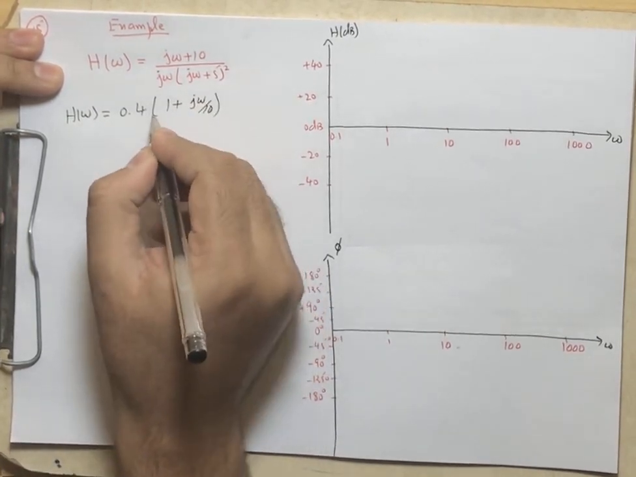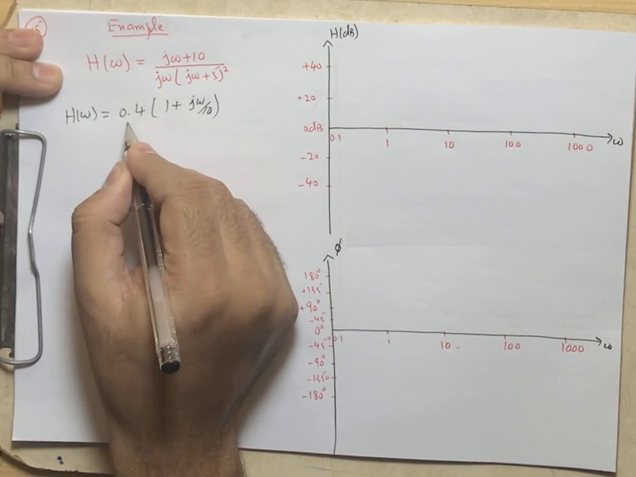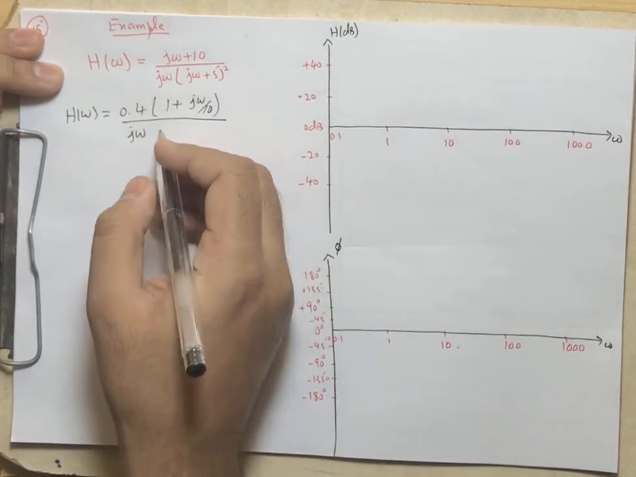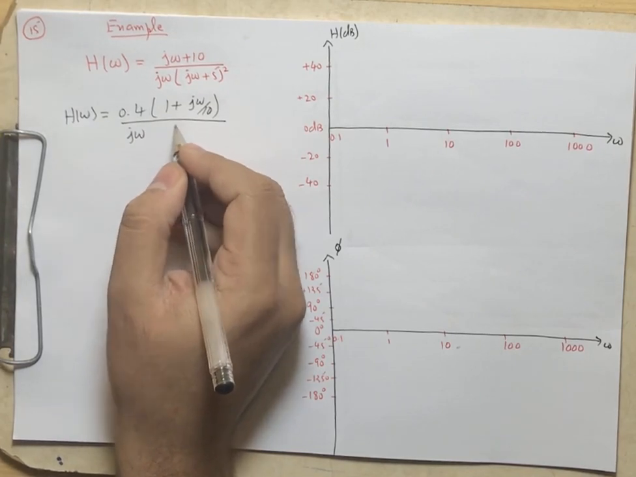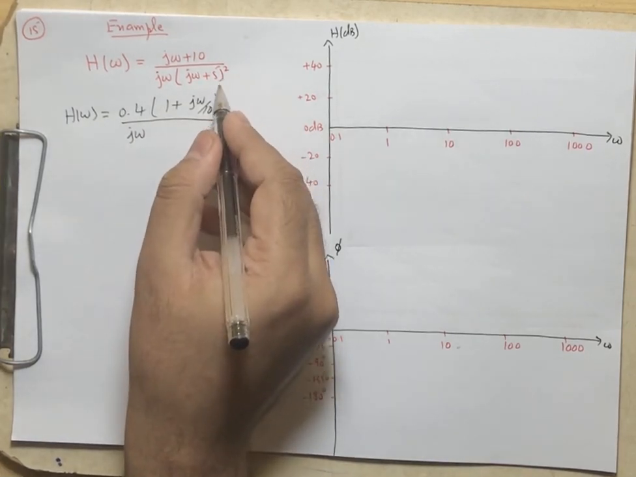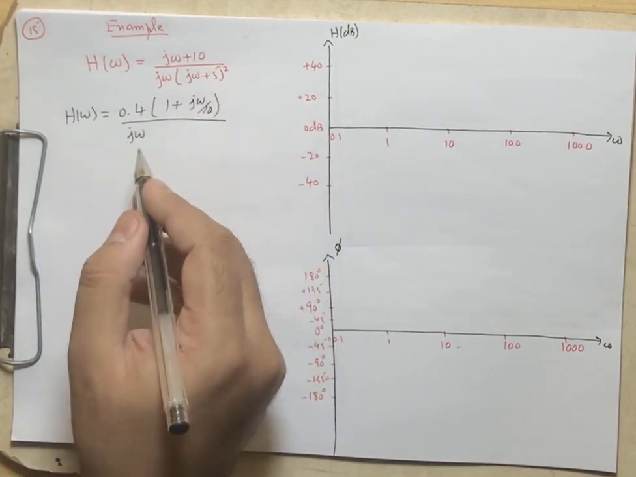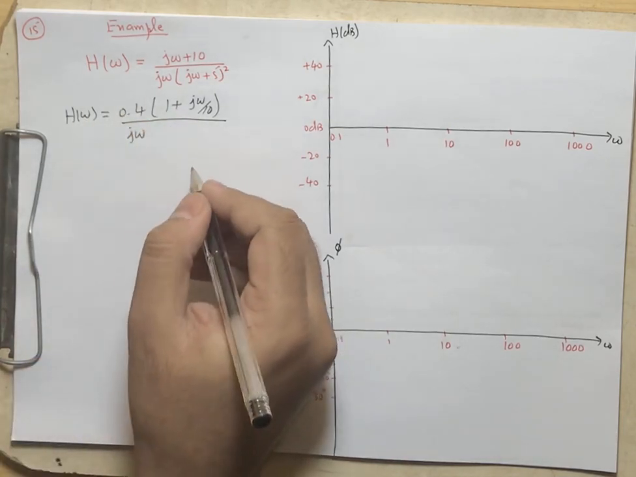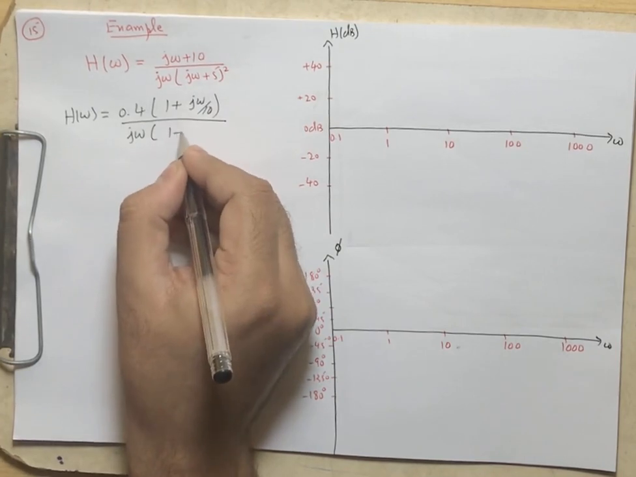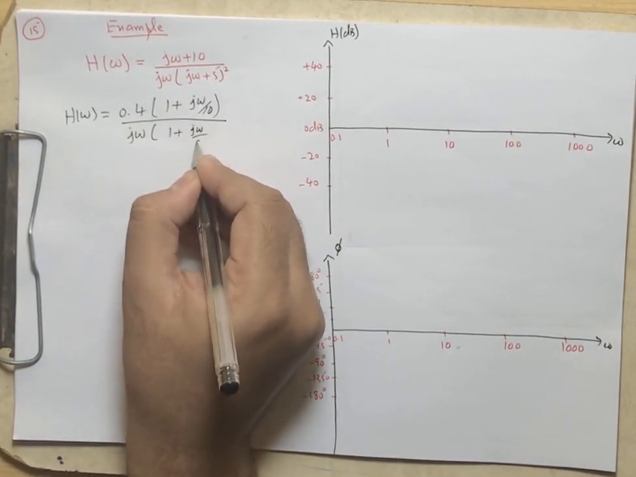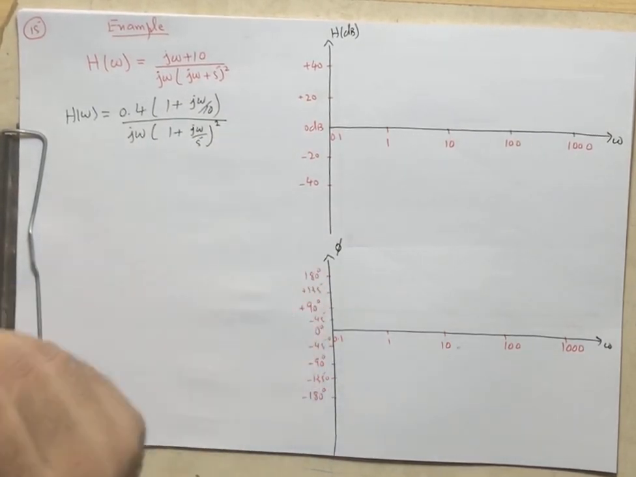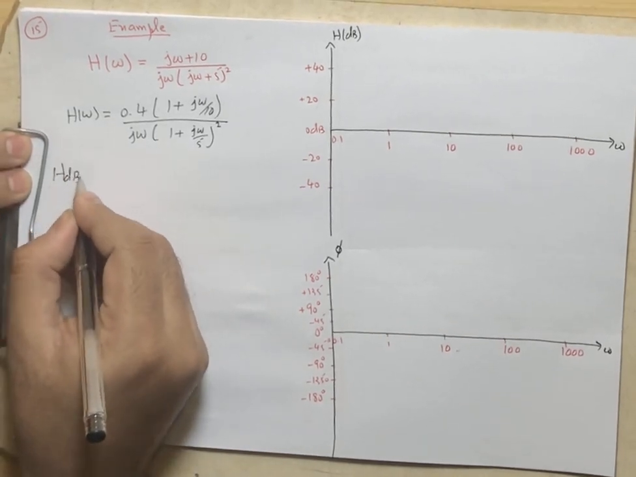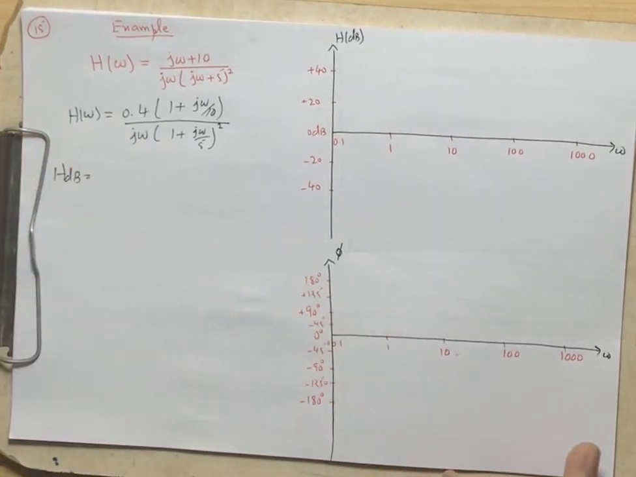If you take n common over j omega, and if you take 5 and 5, because it's a square, so 25, so n over 25, it will be 0.4 times (1 plus j omega by 10) over j omega times (1 plus j omega by 5) squared. So now the h dB, the magnitude of this